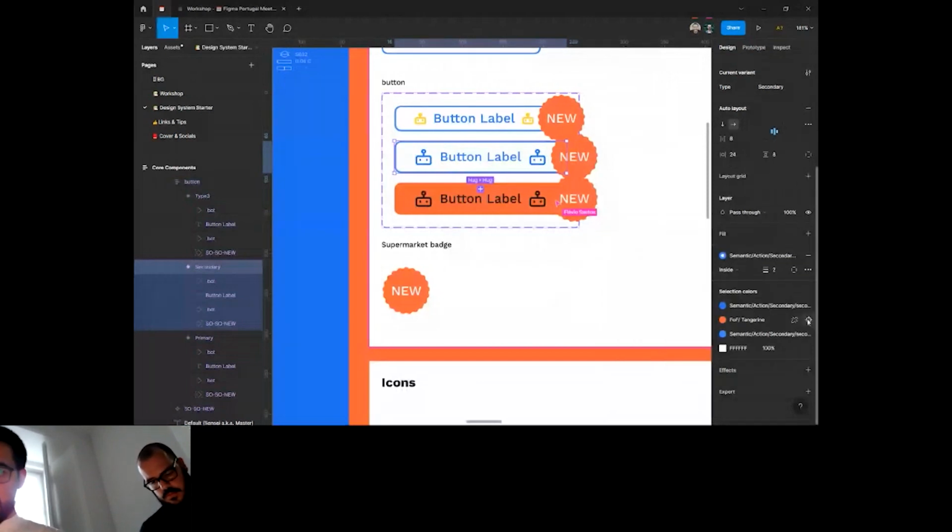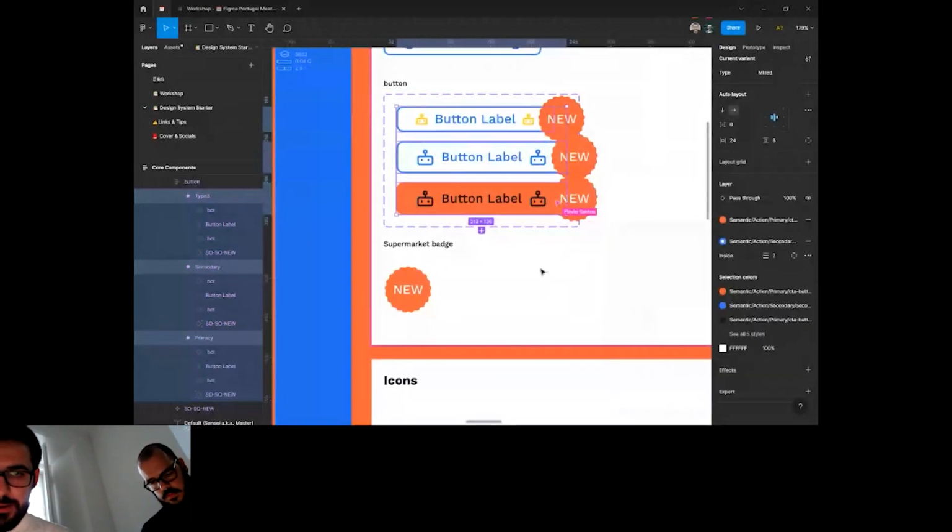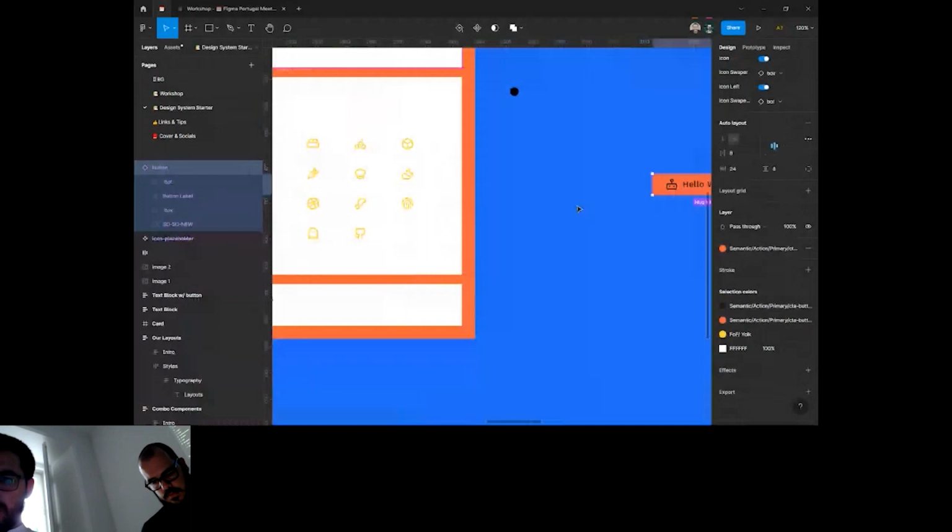Or texty apparently. And same for all of these. We have the tangerine. Well, we want the brand color, so we're going to use button background. Okay, and again, what we did should make it so that now when we play around with the button,